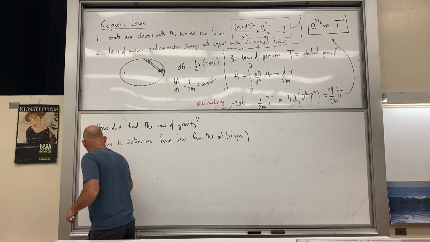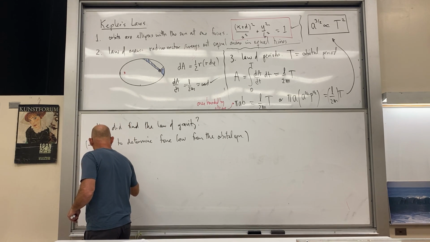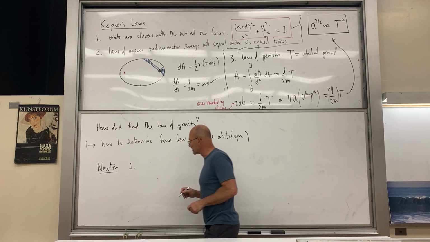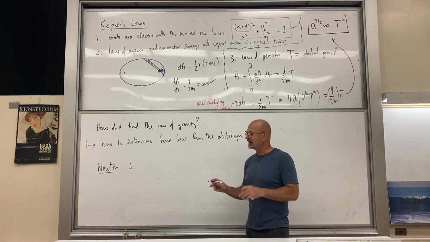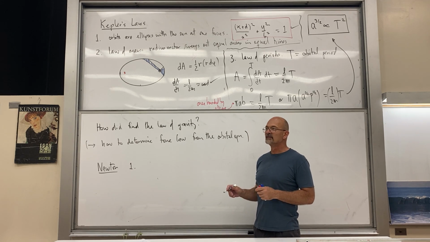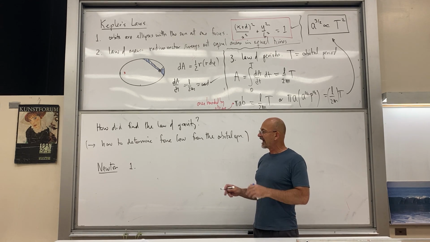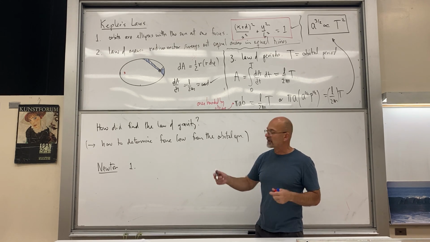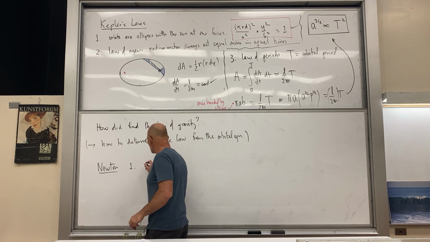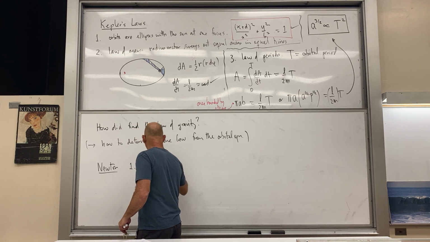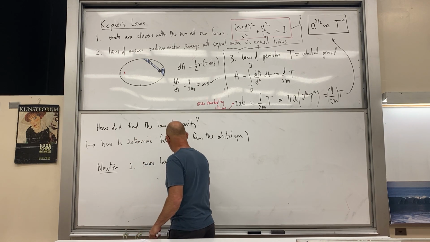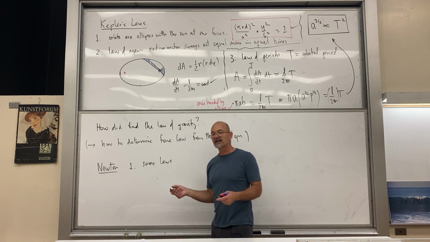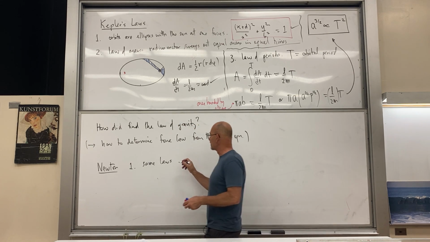So for Newton, the first thing that he has to understand, or that he has to think, is that the laws of mechanics as they operate on Earth also operate between the celestial bodies. So the same laws for, say, projectiles versus for planets. Same laws hold